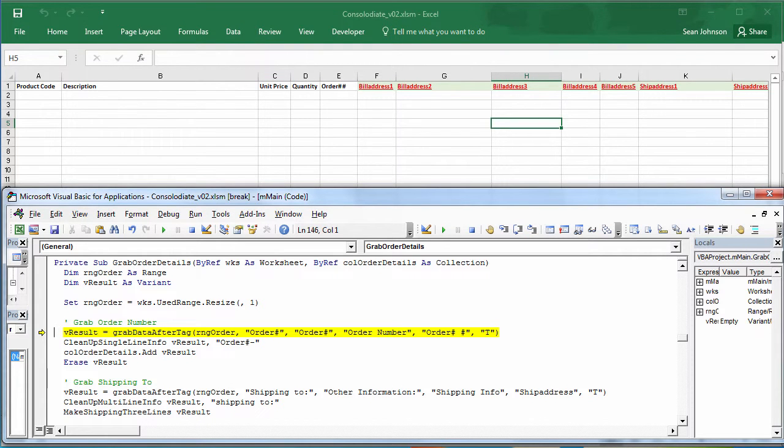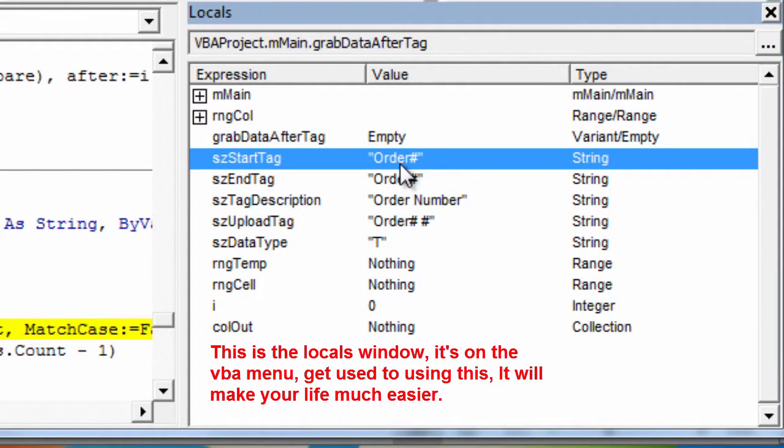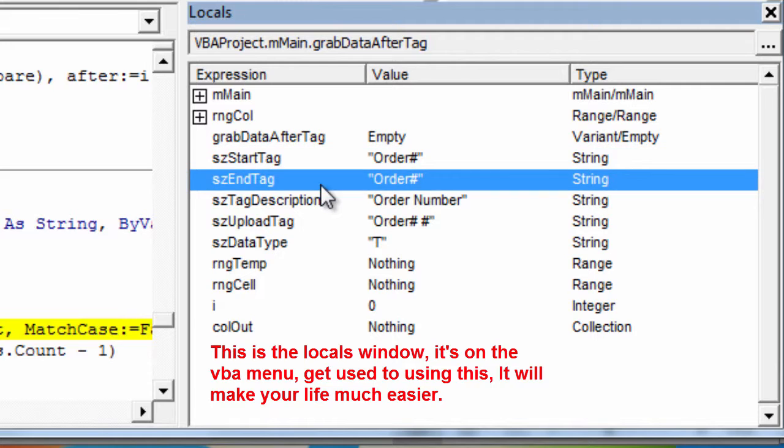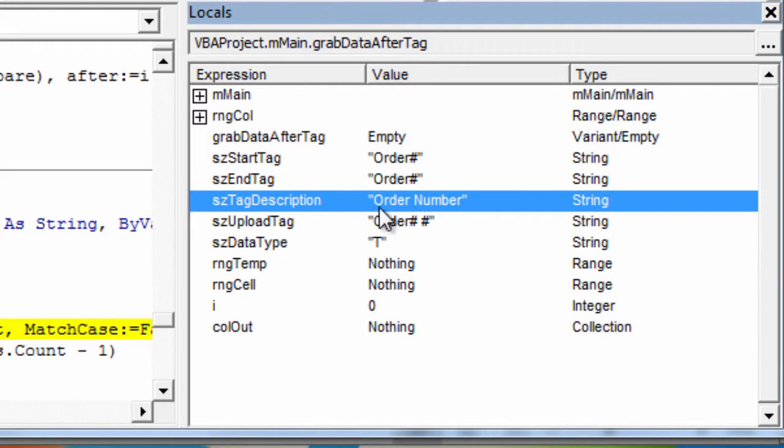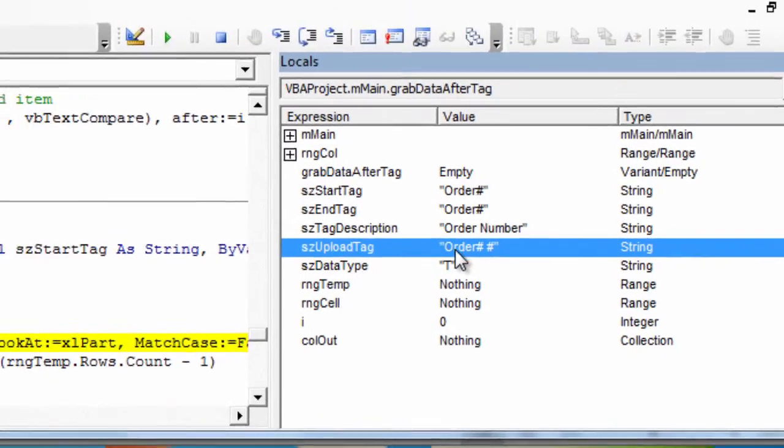So we got the reference. Now we're going to grab the data after the tag. You can see that the start tag that's been passed in is the order number. The end tag is the order number as well, so that's telling the code that effectively we only want 1 line grabbed. The description of the tag within the program is going to be order number, but it's also looking for the upload tag. We've also entered an upload tag of order hash, and you can see in the results sheet above the tag in column E, order hash. So that's basically the location that it has to be put to, or more to the point, the column that the order number has to be put